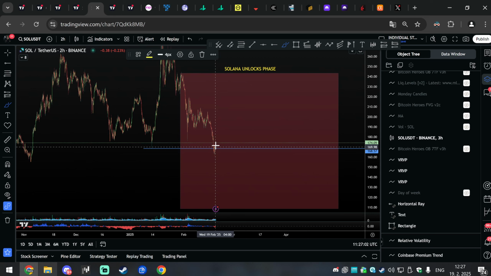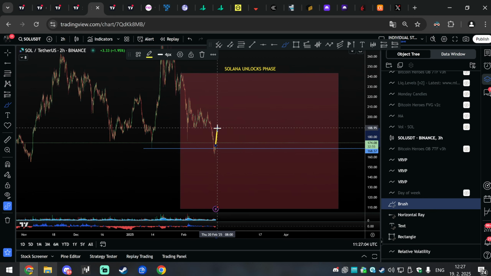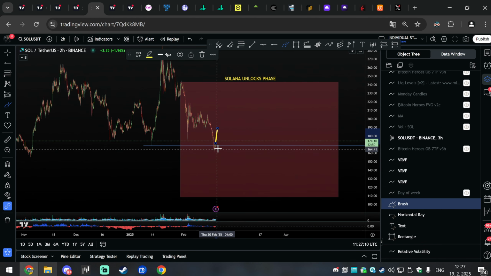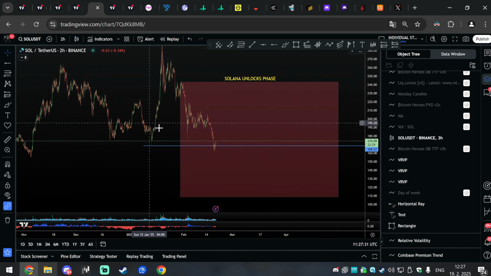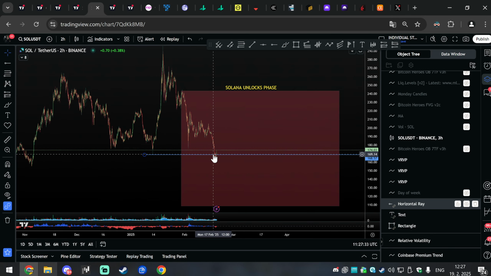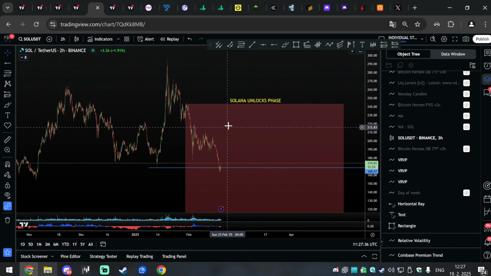Again, with Solana I will be aiming at least to get here. Then maybe I take another profit, and then I will maybe let more run. The only way Solana is going to negate such big unlocks is Bitcoin moving back to the all-time high, for example, and lifting the whole market to the upside. Then new inflows to crypto will neutralize the big sellers. So maybe Solana is not going to be the best performer, but at least it's not going to be bleeding massively to the downside. So yes, I have realistic targets here. Maybe I leave the last 30% in case Bitcoin reaches an all-time high, but it's not as likely for now.